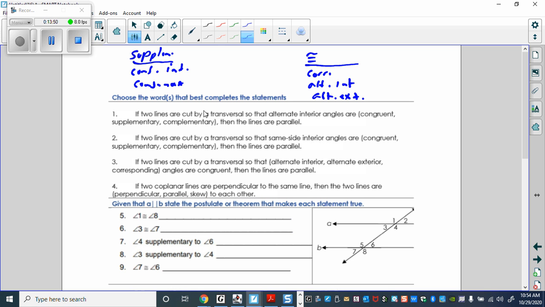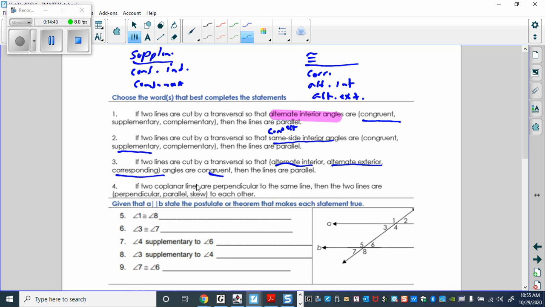Okay, so it says if 2 lines are cut by transversal, so that I'm going to highlight this, so that alternate exterior interior angles are congruent, then the lines are parallel. So the correct answer is that they are congruent. If 2 lines are cut by transversal, so that same side interior, so same side would be consecutive side interior angles, they are supplementary. If 2 lines are cut by transversal, so that are congruent, so alternate interior, alternate exterior, so there's 3 choices here, and corresponding,